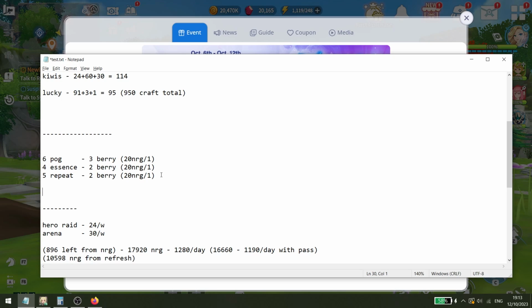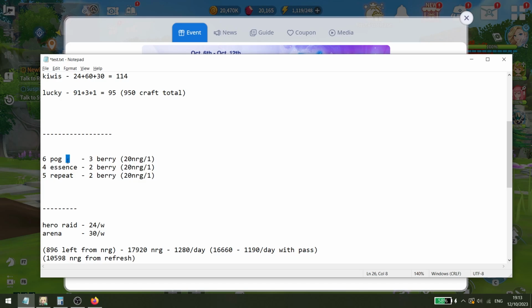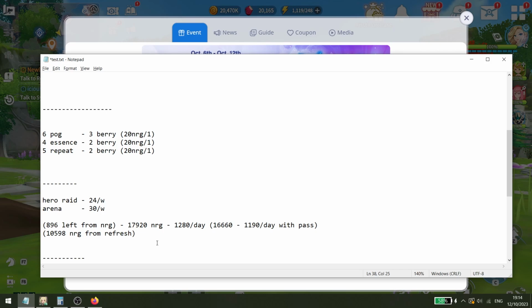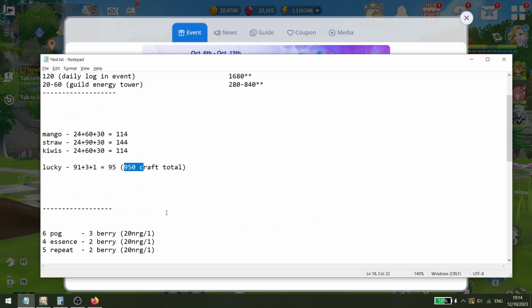First of all, how much energy each berry costs. Luckily, it does allow you to choose what to farm a little bit easier, because both Path of Growth, Essence, and repeat dungeons essentially have the same returns. Each 20 energy you use will give you 1 blackberry fruit from that event once you round it up on average. Okay, so if we keep in mind that we need to farm 950 crafts in total,